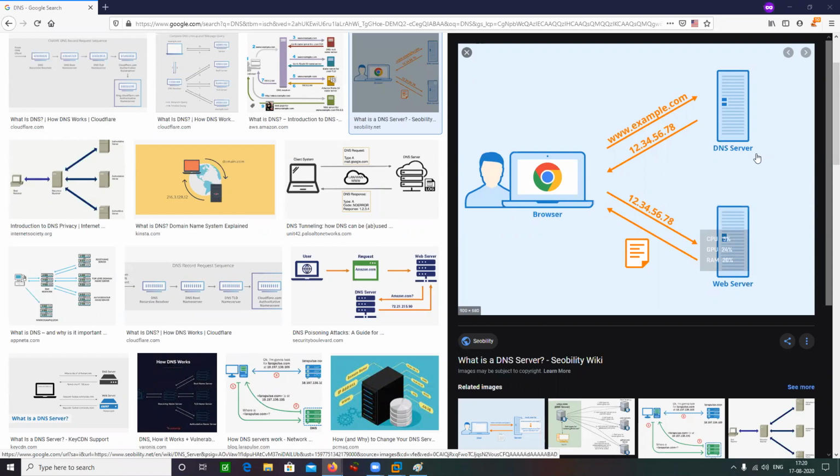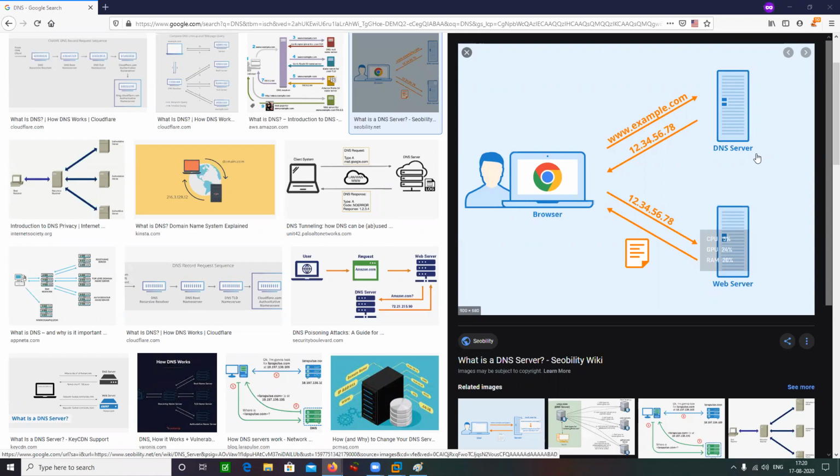there is something known as domain name system, that is DNS. It acts like a phone book for you. Just like a phone book in your phone that is going to have numbers and names. So what is going to happen here is your browser or your system is first of all going to send a request to the DNS server. So it's like a phone book for domain names.